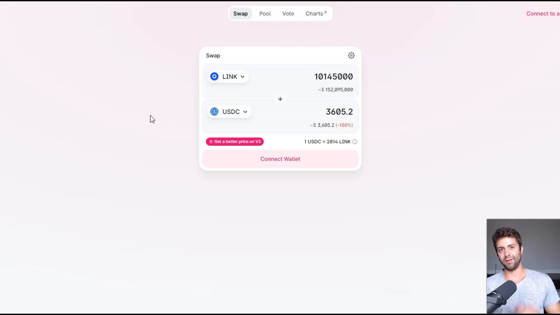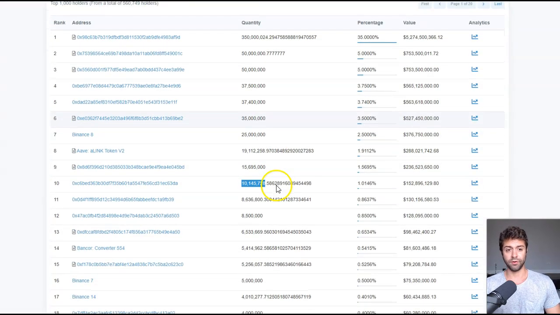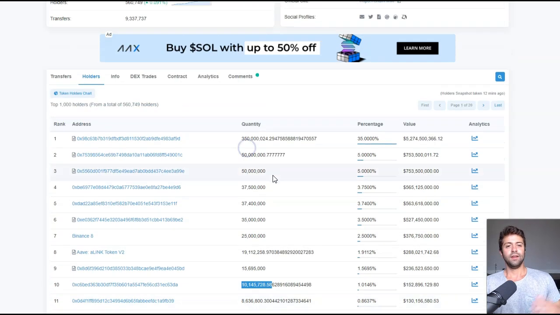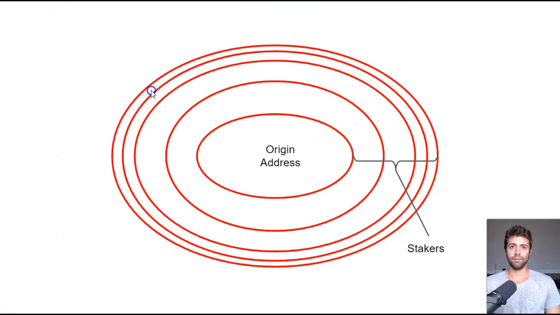So you could even make the argument that in HEX, because there's primarily one big whale, it's actually lower risk. You know, the risk of that one whale selling might even be lower, you could say, than the risk of any one of these guys selling. This guy, or this guy, or this guy, or this guy. You know, it could happen, right? But it doesn't, and I'm not worried about it happening because that's how the world works, okay? Whales are incentivized in every system to hold the price up because they have a longer time preference.